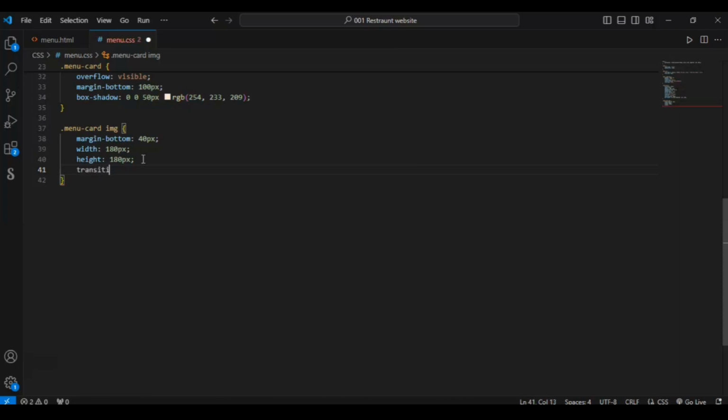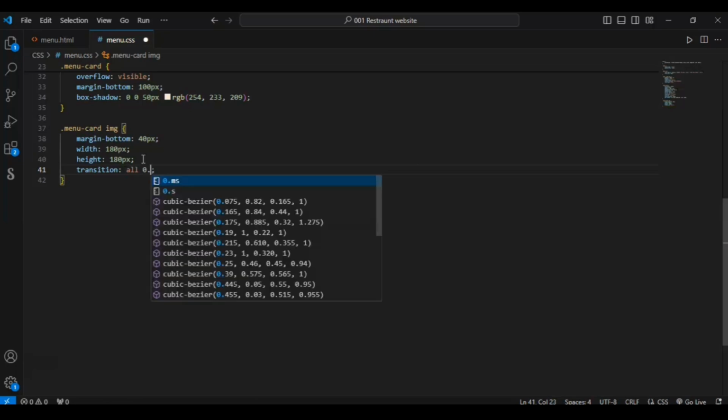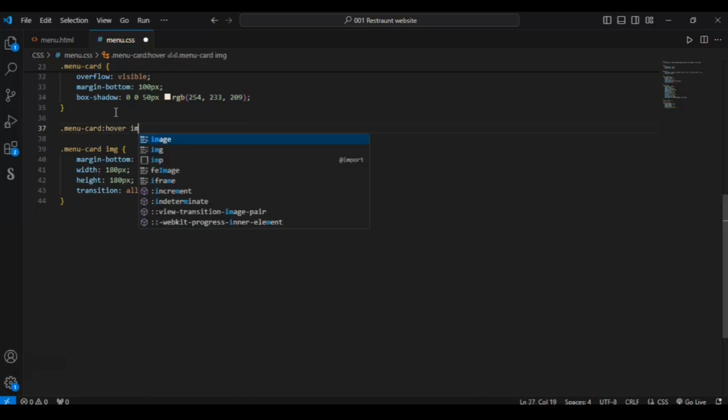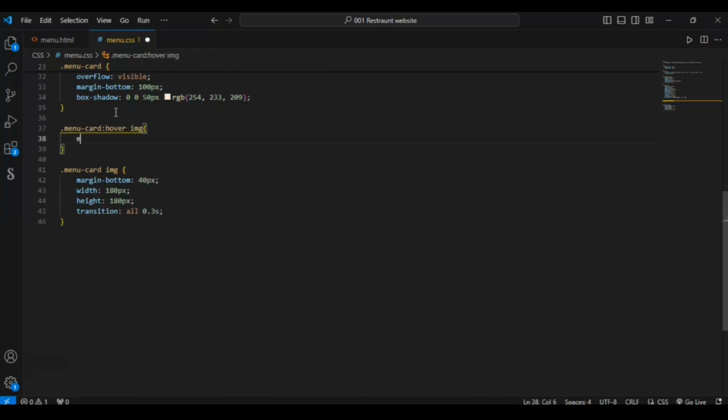Now add transition all 0.3 seconds. Now add a little bit of animation, not that animation, this is a transition. Menu card, and when we hover on the image, margin-top minus 80 pixels.